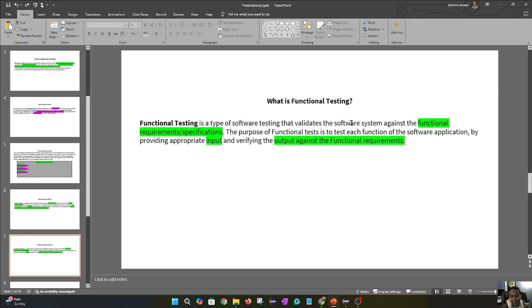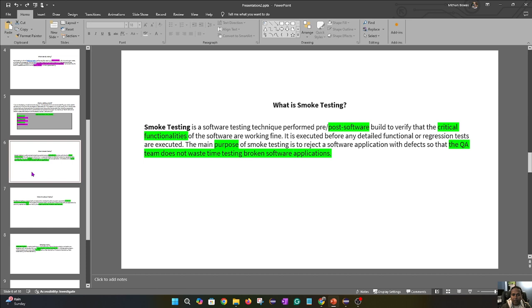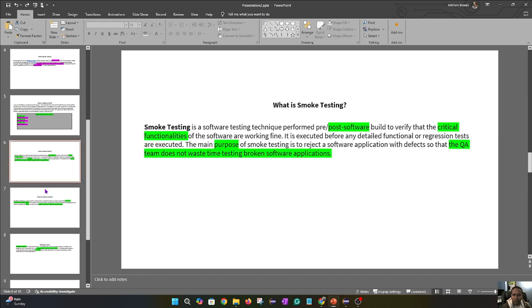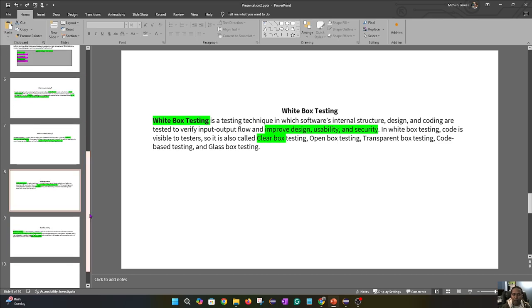We need to perform functional testing in the real environment. We already discussed functional testing, and now I'm going to move on to